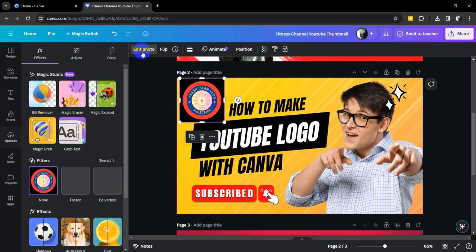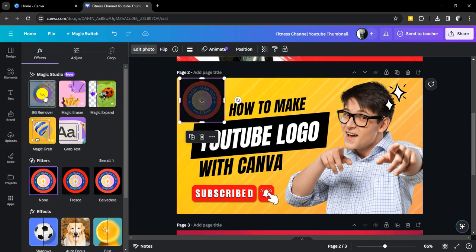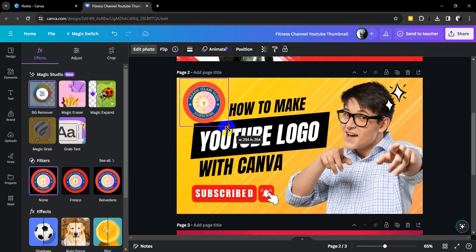So click edit photo and go to Magic Studio, the background remover. So click and apply these options. So, remove background. Okay, I'm just now